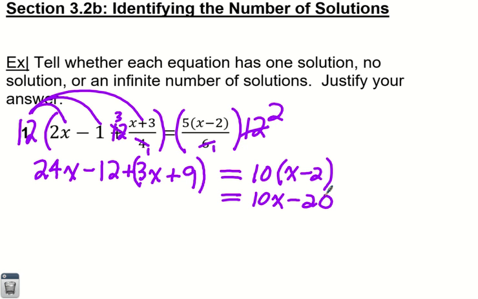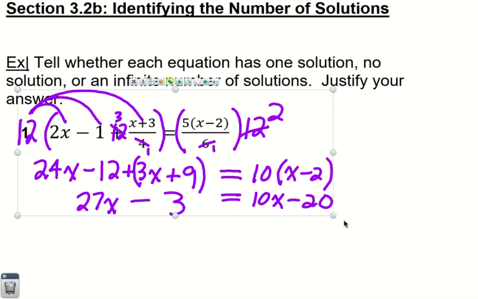And over here, am I really going to, do I need the parentheses here? Like if I distribute, no. So I'm going to go ahead and combine like terms anyway. The 24x plus 3x is 27x. Negative 12 plus 9 is minus 3. I don't like how sloppy. Okay. Well,